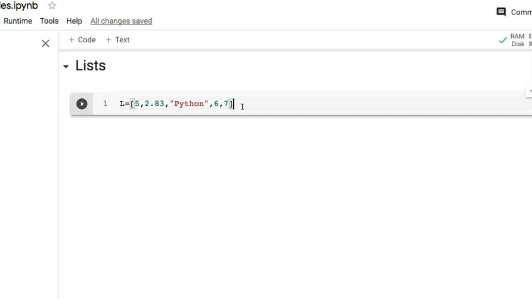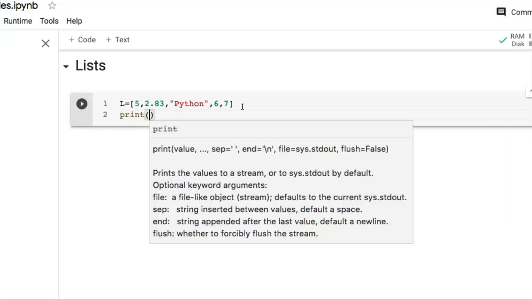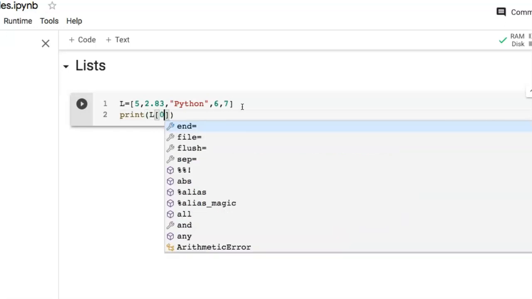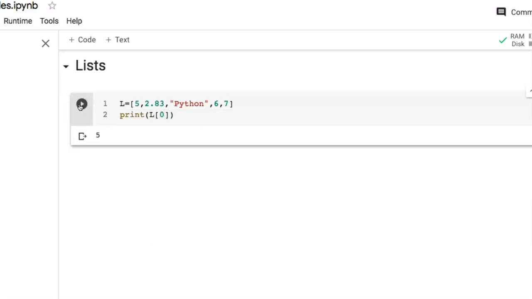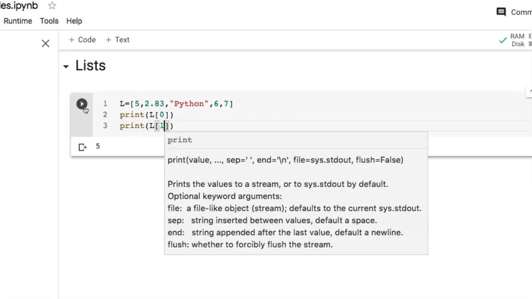Now print values by using index number. So first print L of 0, and let's try this. This will give the element at 0 index, and we can print element at 1 index also.